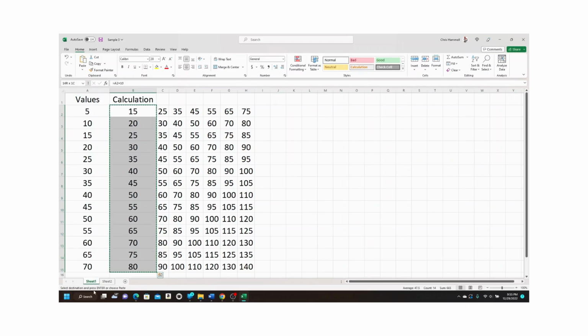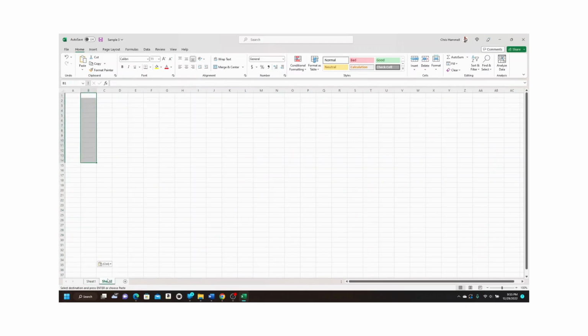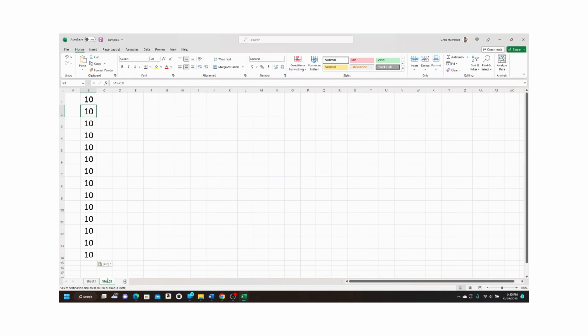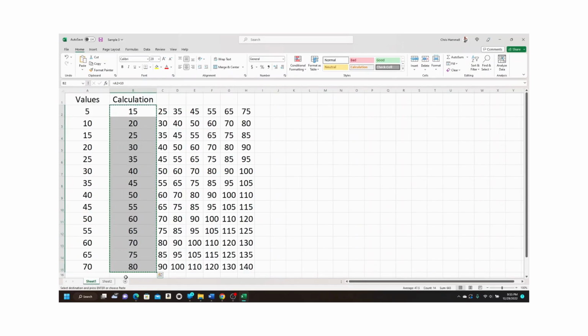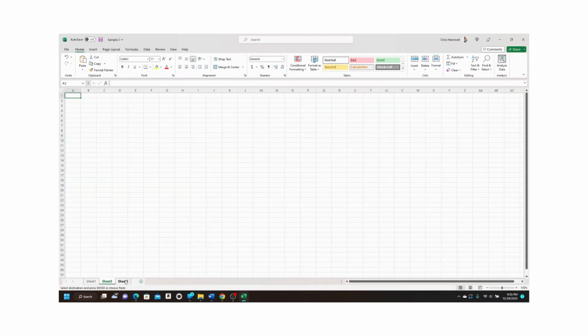Copy and paste on the other sheet. And you can see it works there too. It's trying to figure out what the calculation is, where the calculation is at. And it doesn't paste on other sheets. But if I add one more sheet